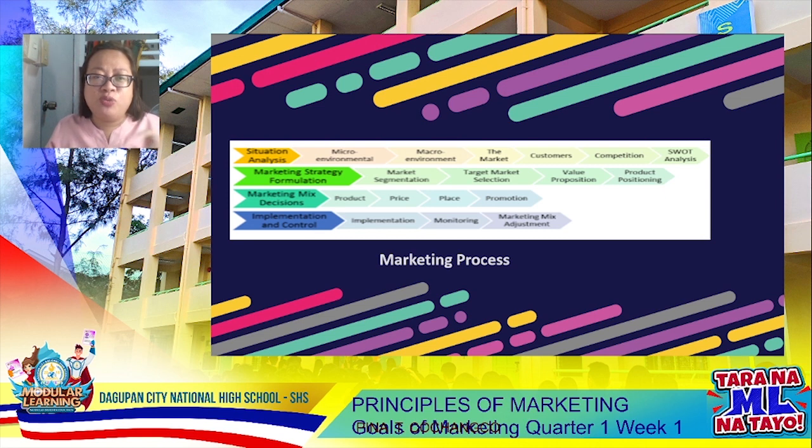Another would be the 2 C's that should be analyzed. Who are your customers? What do they want? When do they want the product? How frequently do they change in their taste and demand? Another thing that should be analyzed by companies for their marketing process would be their competitors. They should not just react to the competitor's actions, but rather respond and focus not only on competition but on their customers. It's very important for companies to have superiority, or what we call competitive advantage